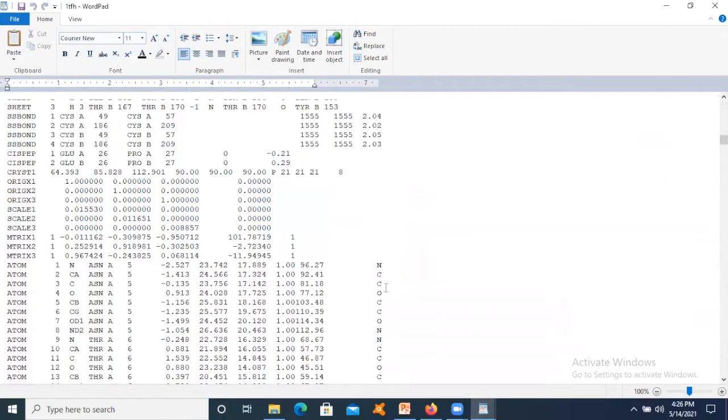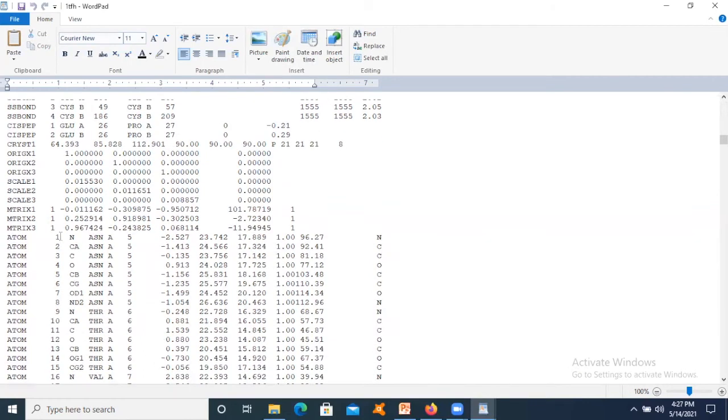So you can see here, this is atom number 1, nitrogen, which belongs to asparagine, in the A chain. Whenever we talk about docking, whenever you see the interaction, suppose the compound is showing interaction with this particular nitrogen of asparagine, then the residue number would be 5. This is the one which we need to consider.